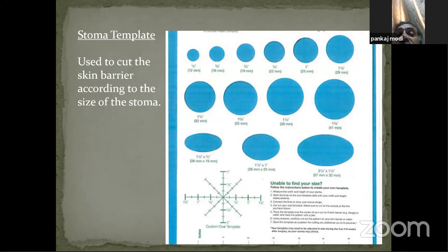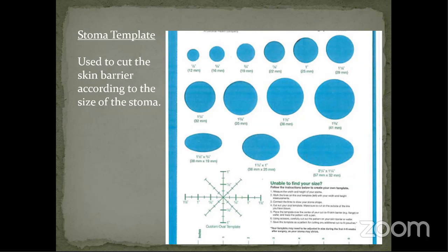The message for a resident here is very clear, and that is, make it a habit to apply the stoma bag, as Amrut has said, as early as possible. Ideally, before the patient goes away from the operation table, the stoma bag should be in position. The whole purpose of this lecture is that for any kind of stoma, there is an appliance available. You have to modify it accordingly. So it is not that you cannot apply, because it is a habit of many residents and consultants that what they do is,